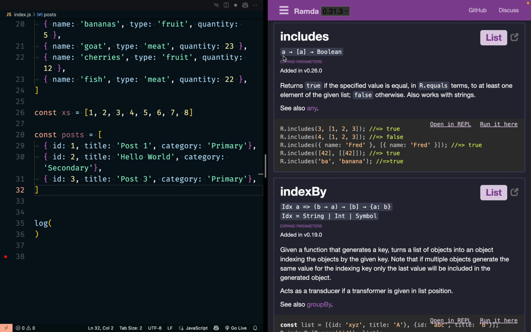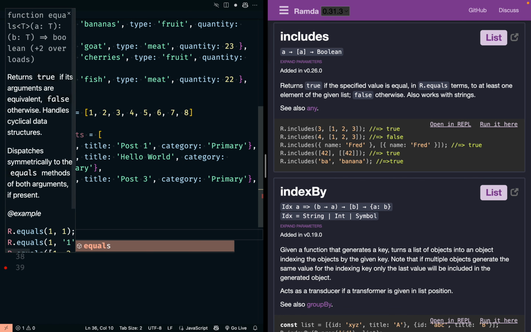It takes a thing and then it checks if that thing is in a list. So a thing, a list, and is the thing in the list. It's Ramda's version of the includes function that's on the array prototype in JavaScript. Returns true if it's equals. The only caveat is the cool Ramda thing where R.equals